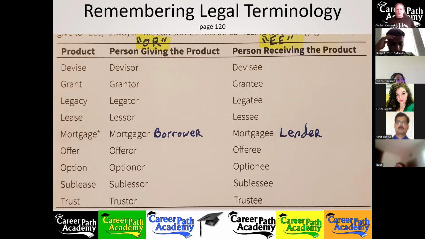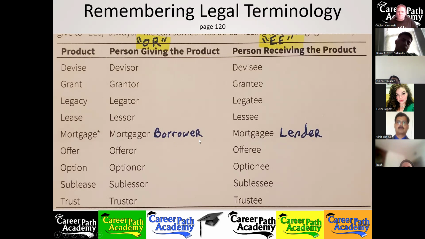So the mortgagor is the borrower. That's the best way to remember it, and you don't need to think about it. Otherwise, you've got to remember the story that a mortgage is a promise to pay. Banks don't make promises, they make loans. It's the borrower that makes the promise, and then in exchange, the lender will lend them their money, yada, yada, yada. Or you can remember that the word mortgagor has two O's in it, and the word mortgagee has two E's in it, just like borrower and lender.